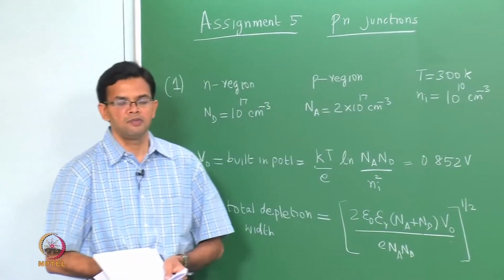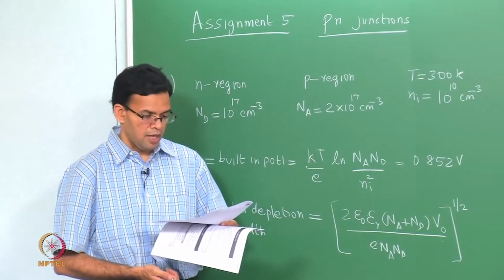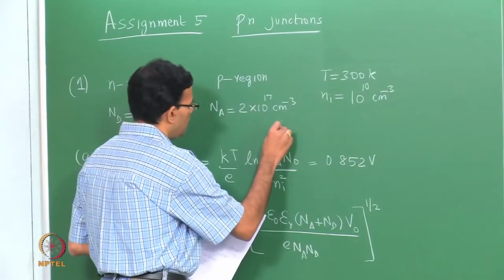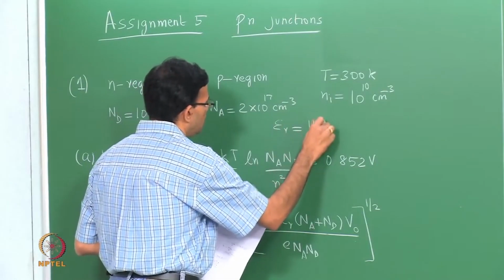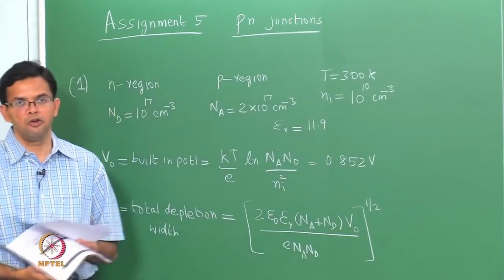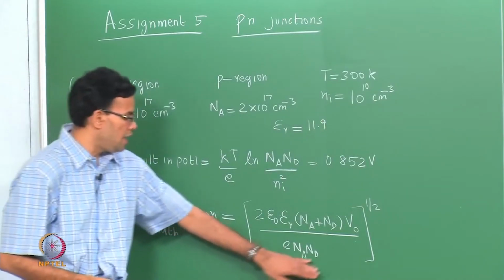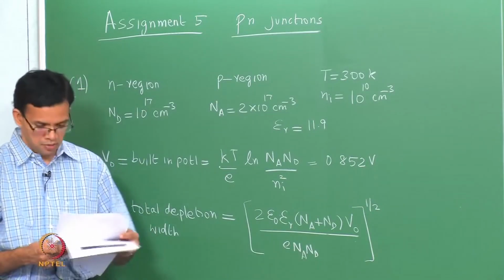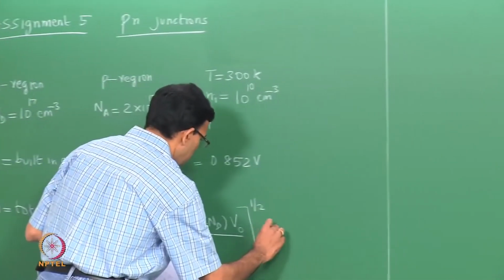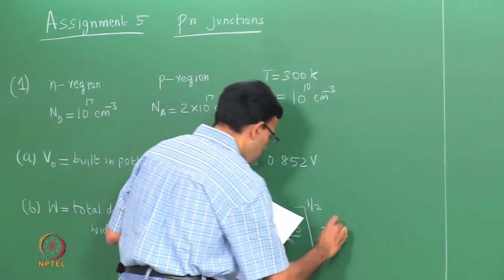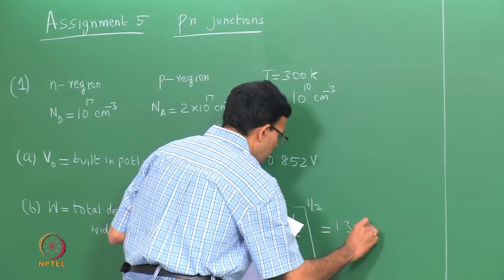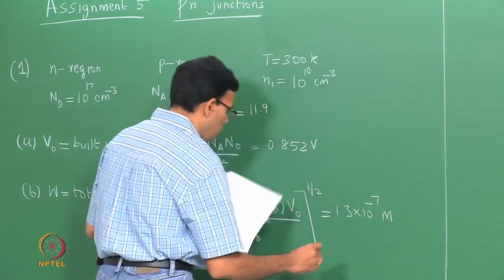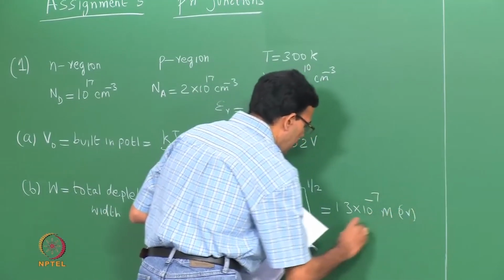Epsilon naught is the permittivity of free space, epsilon r is the relative permittivity of silicon, which is 11.9, a known value for silicon. Everything here is known, we just calculated the built-in potential V naught. So, we can do the substitution, and this works out to be 1.3 times 10 to the minus 7 meters,